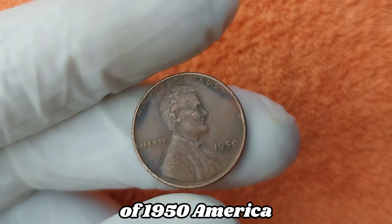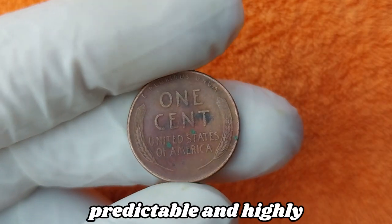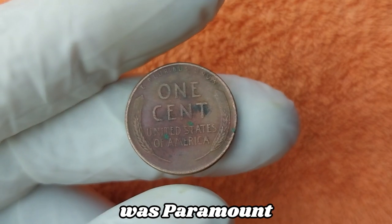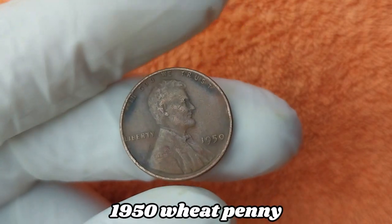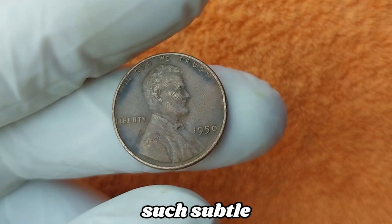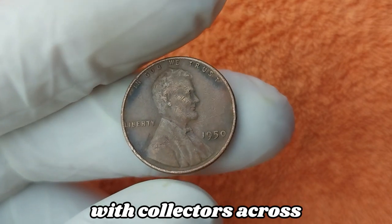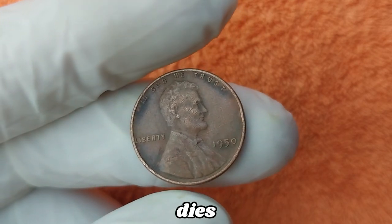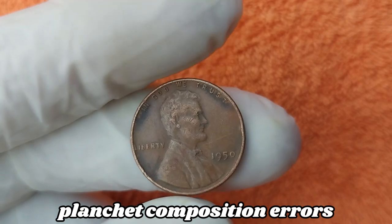of 1950 America, where coin production was routine, predictable, and highly controlled, yet even in such an environment where quality control was paramount, mistakes did happen, and in the case of the 1950 wheat penny, certain rare versions are believed to have been struck with such subtle yet significant anomalies that they've since become legends, with collectors across the world constantly on the hunt for those elusive variations that include doubled dies, repunched mint marks, off-center strikes, planchet composition errors,